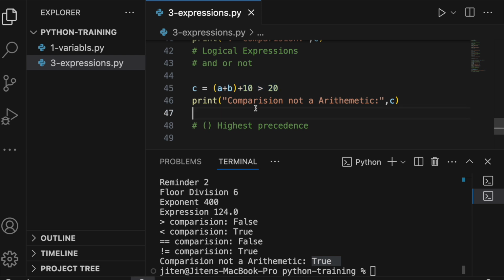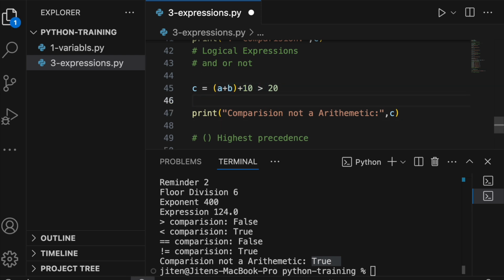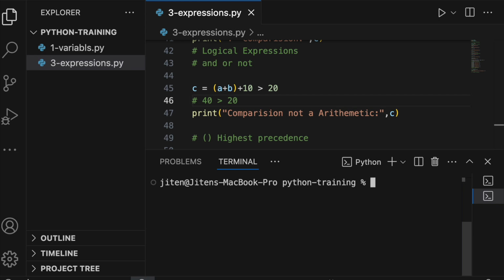After that comes plus or minus. So the plus gets evaluated first. The greater than has comparatively less precedence or priority, whatever you call it. So what is the ultimate result? After evaluating this, we get 40 greater than 20, which is true. So C gets the value true. Like that you always have to think